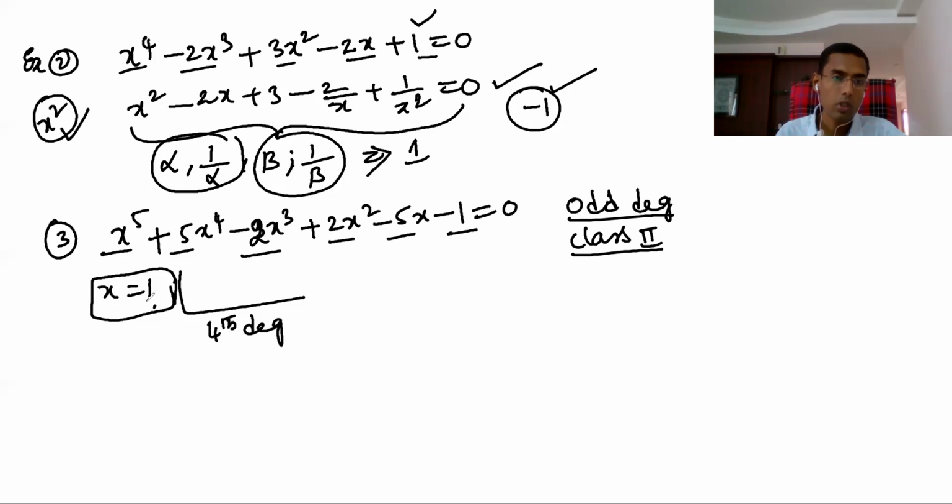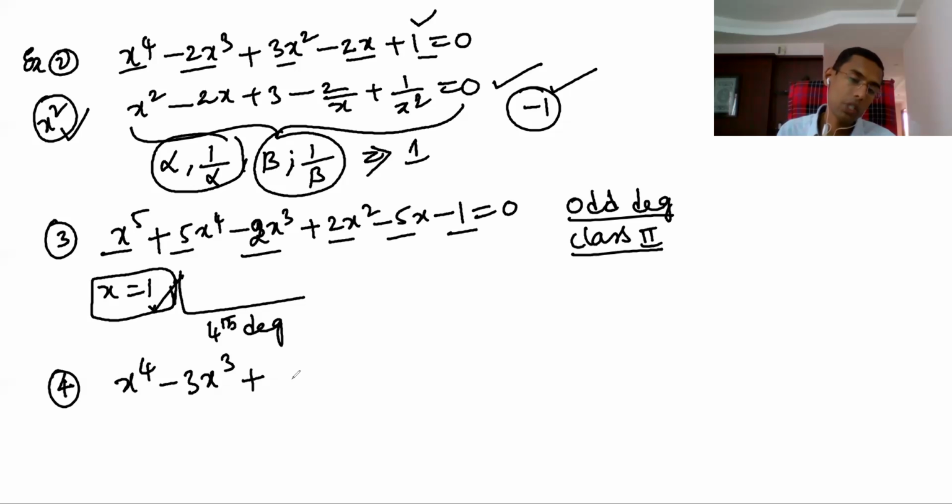So therefore, there is a possibility that x equal to 1 is a root. If you can remember like this, I am telling this for how to remember. Okay, now fourth, let's take now even degree,